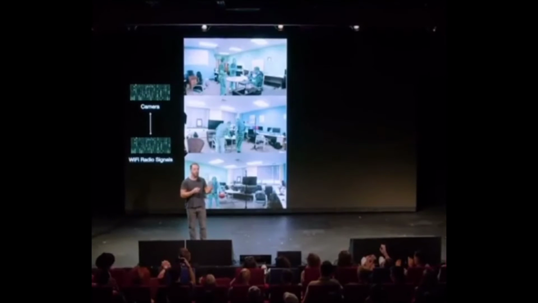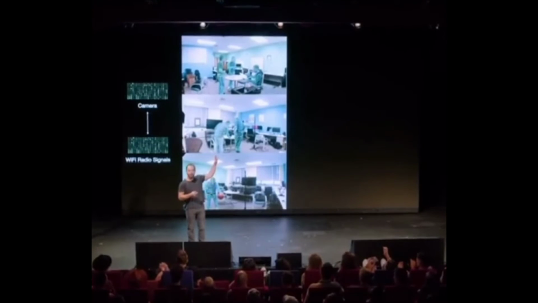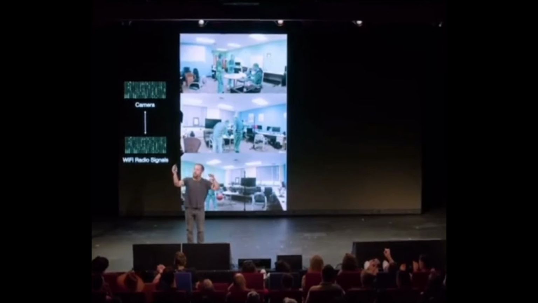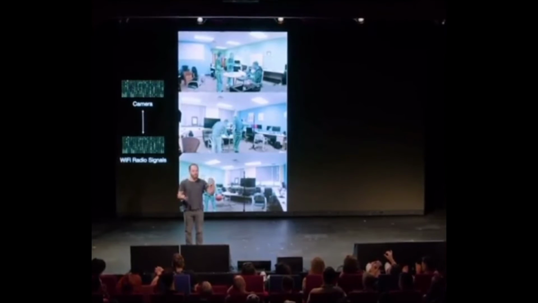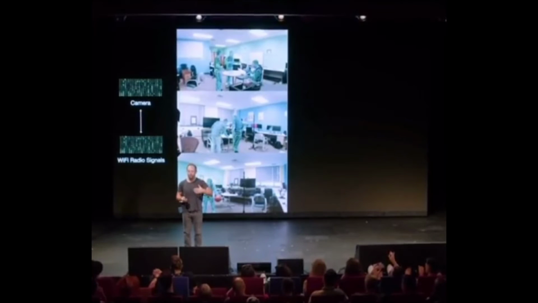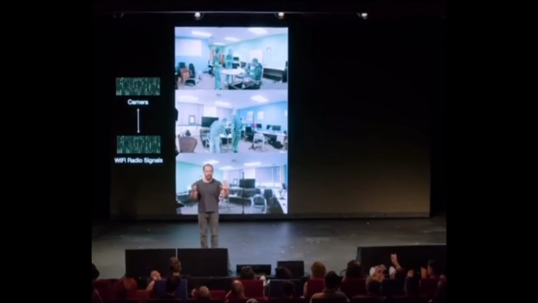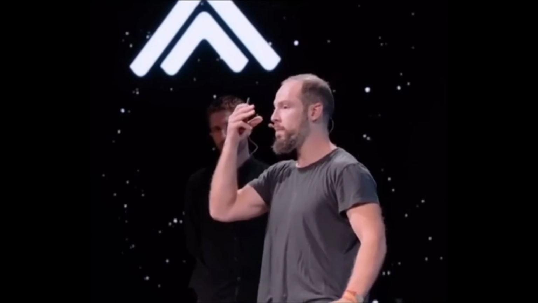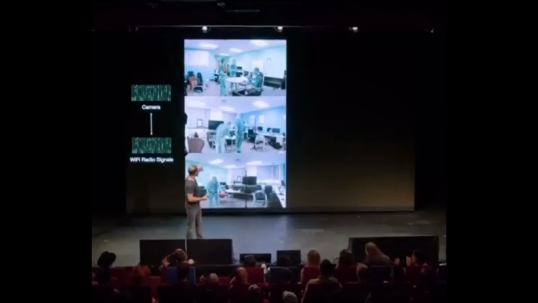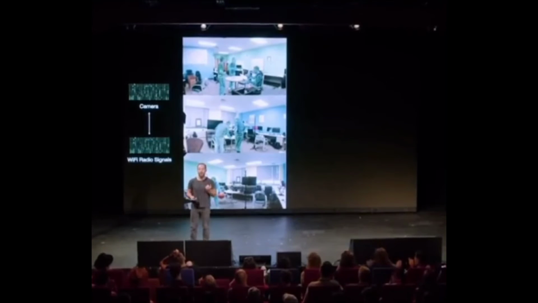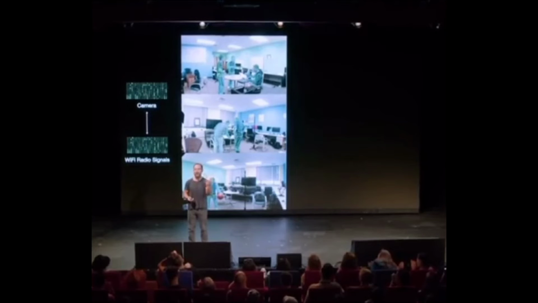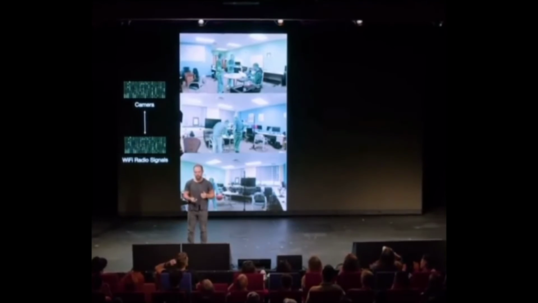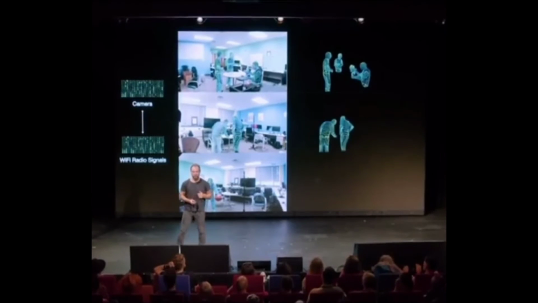How about, can we go from Wi-Fi radio signals, sort of like the Wi-Fi routers in your house, they're bouncing off radio signals that work sort of like sonar. Can you go from that to where human beings are to images? So what they did is they had a camera looking at a space with people in it. That's sort of like coming in from one eye. The other eye is the radio signals, so sonar from the Wi-Fi router. And they just learned to predict, this is where the human beings are. Then they took away the camera. So all the AI had was the language of radio signals bouncing around a room. And this is what they're able to reconstruct.